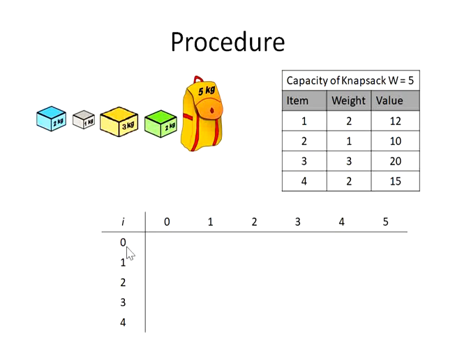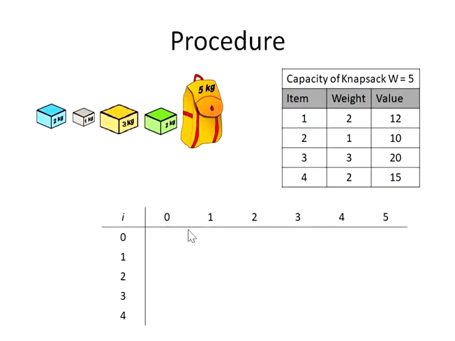This tabulation consists of rows and columns. All these rows are the weights of the items. So there are 4 items, 1 2 3 4. What is the 0? 0 indicates that there is no item present. So I have to represent this starting with 0. The columns which represent 0 1 2 3 4 5 is the weight of the knapsack. Weight of the knapsack is 5, so 5 is here. But what are these 0 1 2 3 4? This is the weight of the bag.